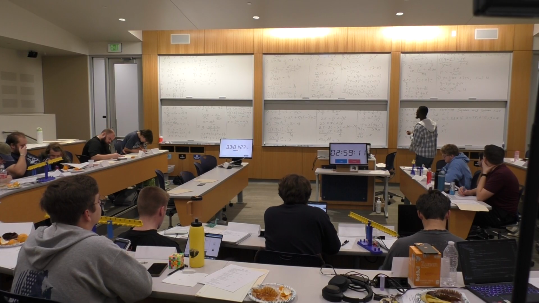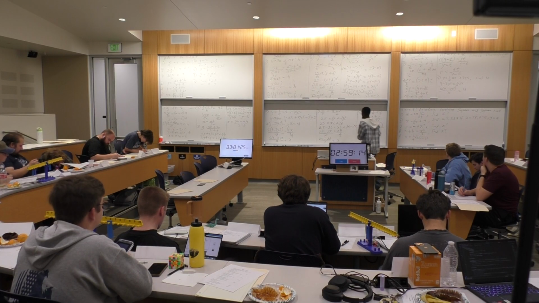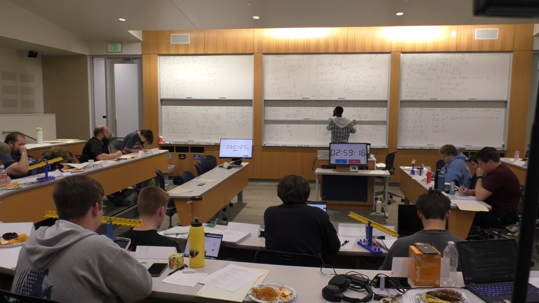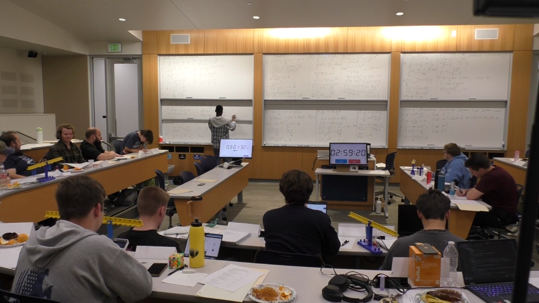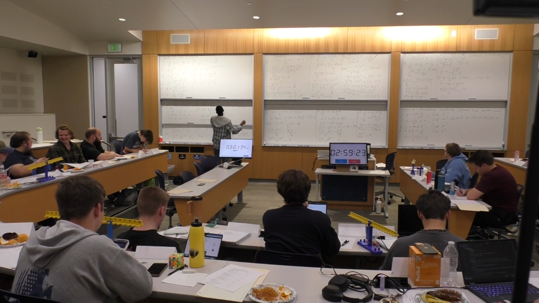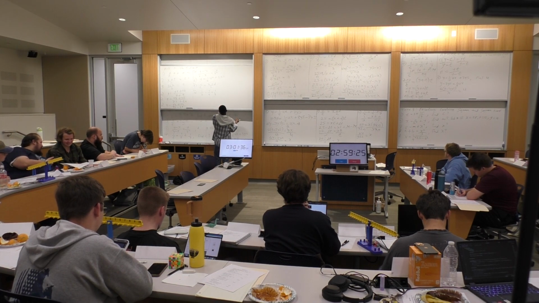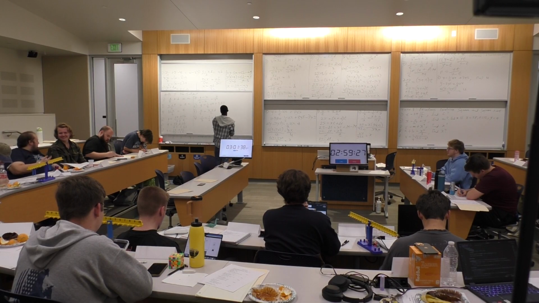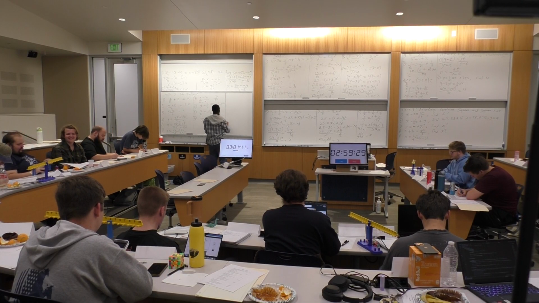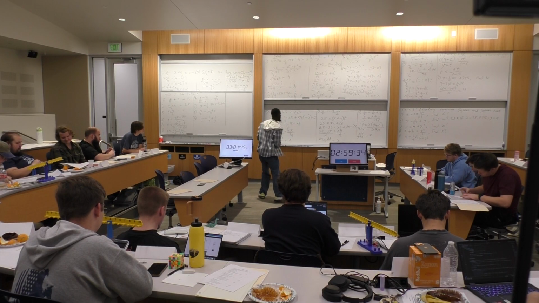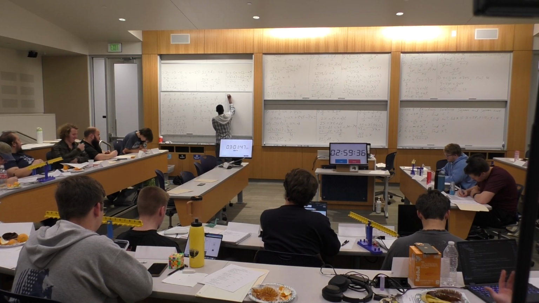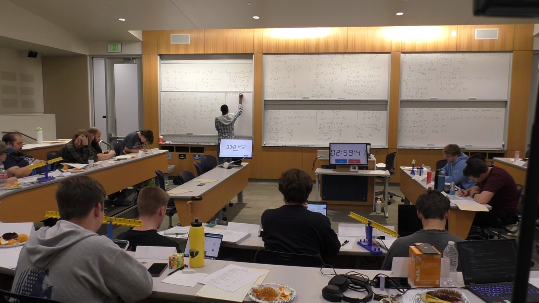Okay, so from here we have T equals 2 pi square root of n over